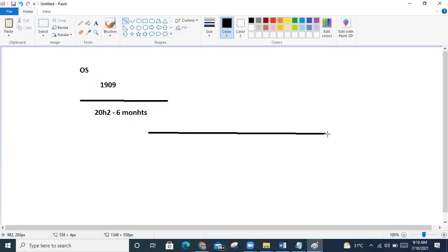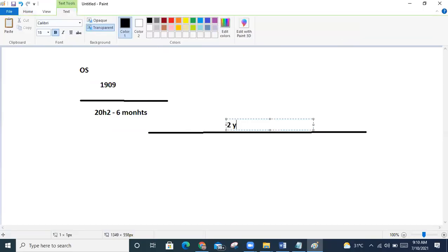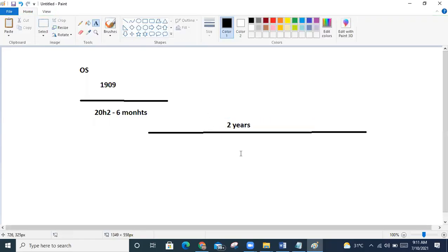Then you will have some 2 years of gap, right? Because 20H2 is giving some years. So you can use the stabilized products for 2 years. Again, next version will come, 21H2 or 22H2, anything. So you will test and deploy. For testing also you need some time. Before expiring only you need to test, am I right?